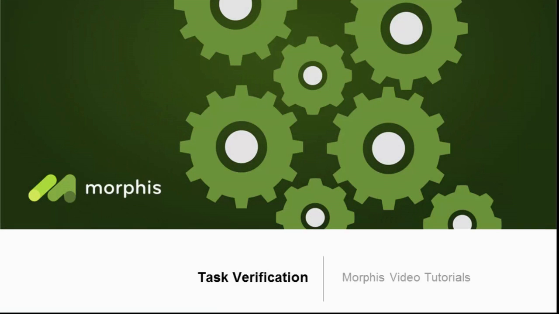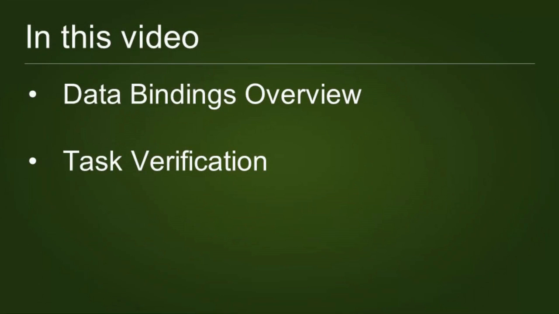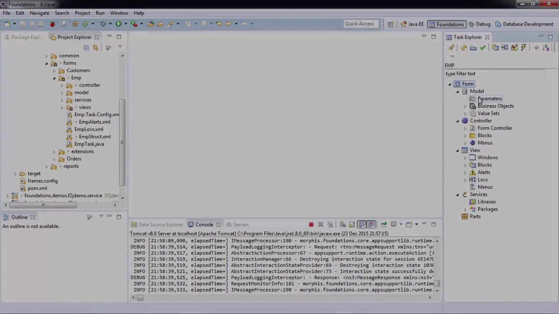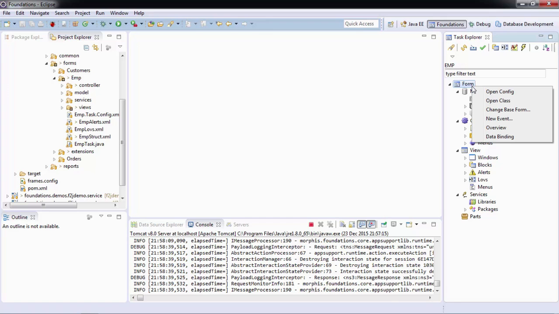We're going to have a look at a couple of the additional features of the Foundations plugin. This is the Task Explorer. So we've already seen how you can navigate through the different aspects of the task configuration, and you can create new layouts, new blocks. You can invoke many of the code generation wizards, but you can also do some level of verification as well. So if you go to your form at the top and right-click, then we can see,